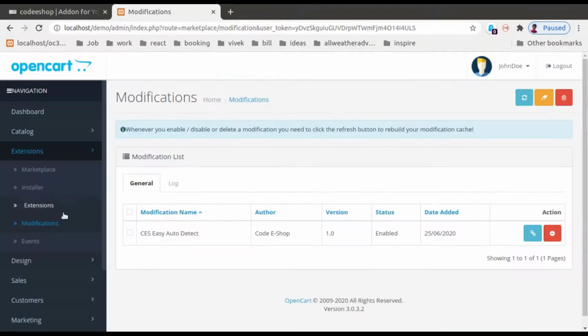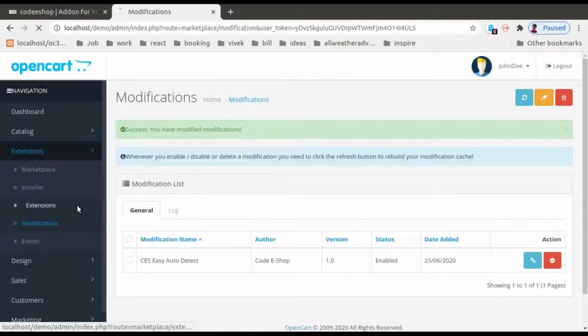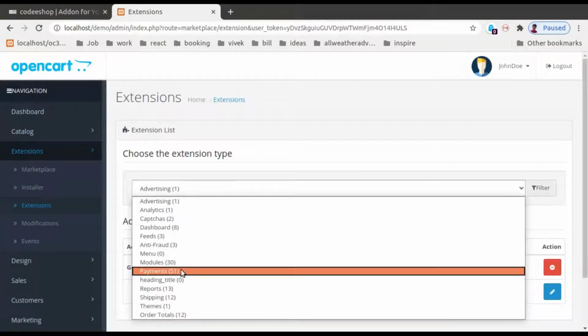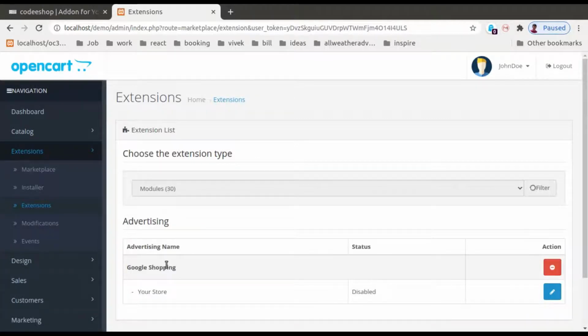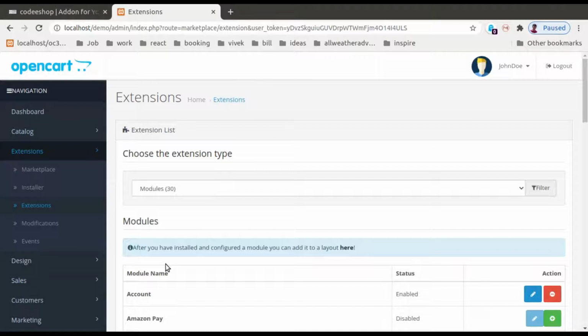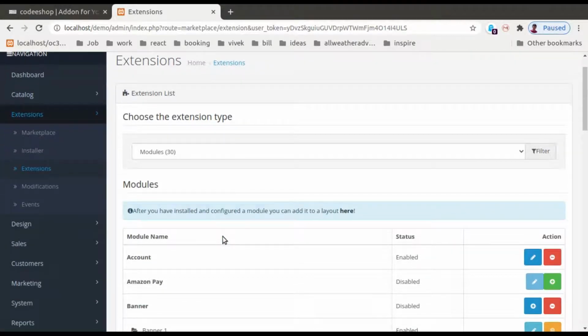First of all, to install this module, you have to upload a modification file, which I have already done, and then click on refresh. After that, if you have already uploaded the module files, you can check your module in Extensions, then Modules.